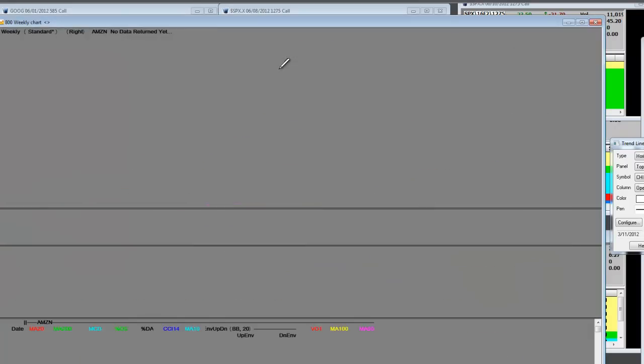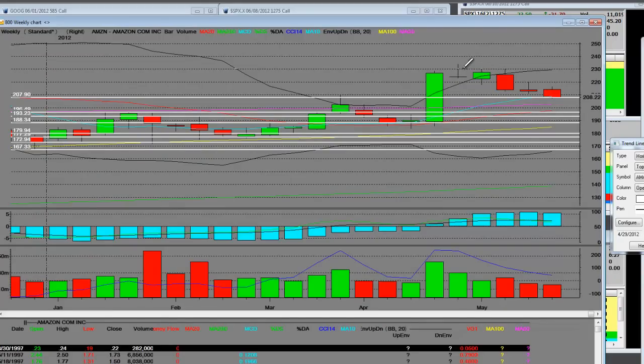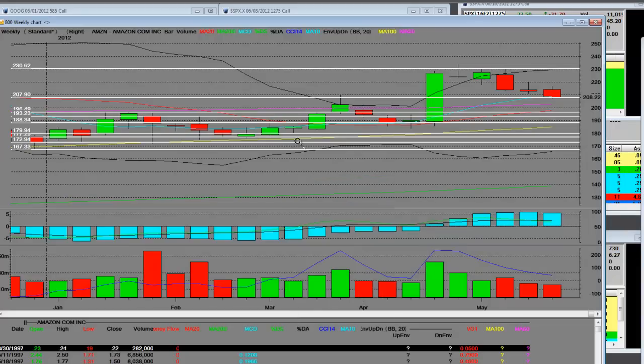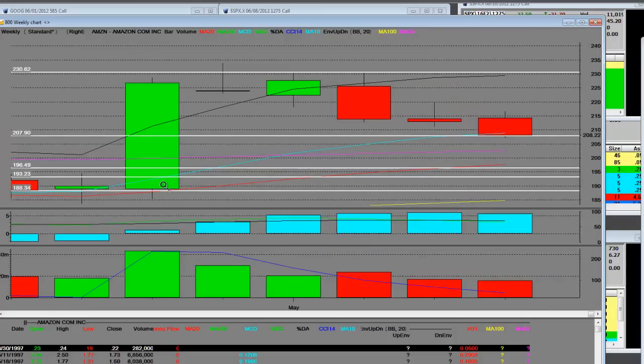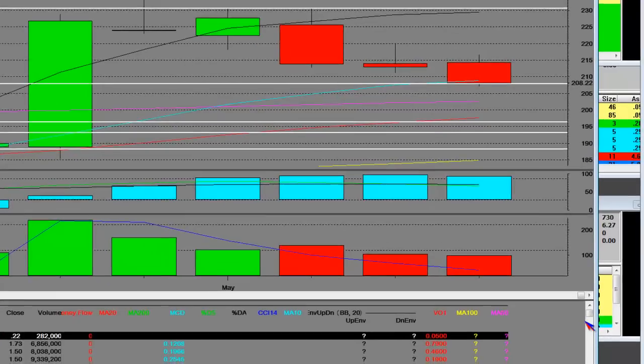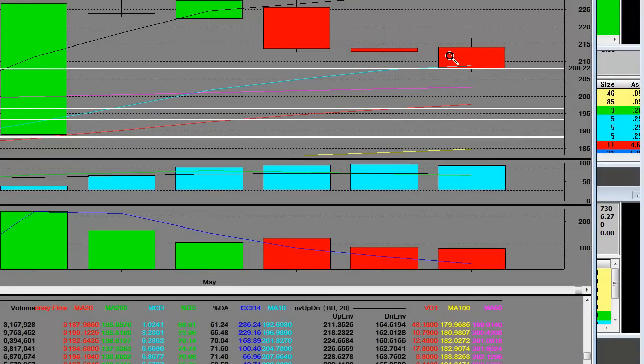Amazon trade, same thing. We have the beginning top of that earnings and that breakout. It's a little bit better looking on the weekly than most. At least it's still not in a bear trend because it's not below the 10-week moving average yet, and it has to be below there for 4 weeks in a row. This was the earnings cycle, that weekly breakout during an earnings report. So we're going to be watching the 10-week, and we're going to be watching the lower support levels here at the 50-week moving averages. And right now the trend is better than the other ones in this video. It's not qualified as a bear yet, not in Amazon.